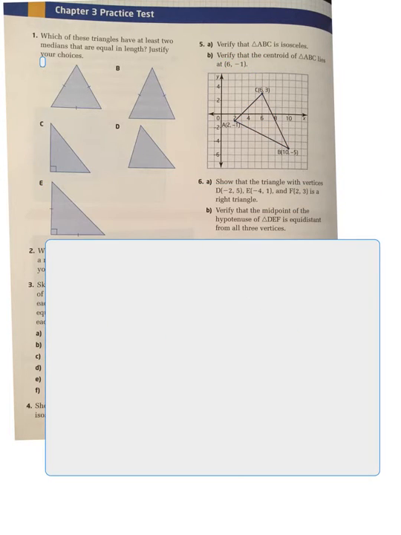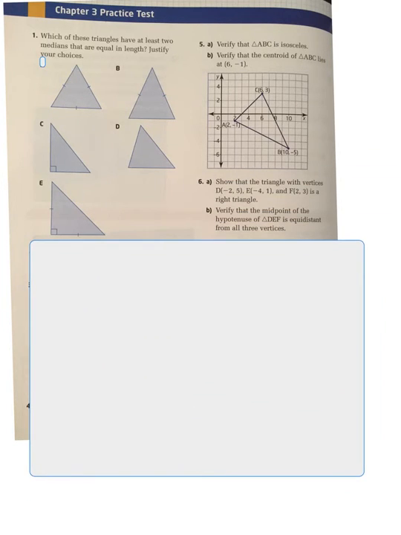Question 6, show the triangle with vertices D, E, and F is a right triangle. So same process, draw the triangle out without moving the paper around, and find out which angle you think is the right angle, and then find the slope of this, find the slope of that, and look for negative reciprocality. Verify that the midpoint, this is 6b now, verify the midpoint of the hypotenuse of DEF